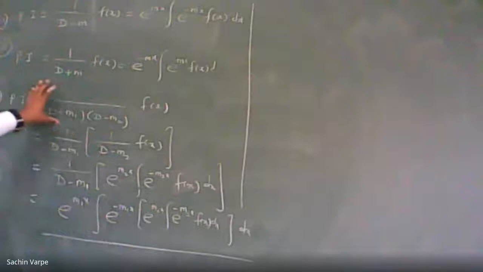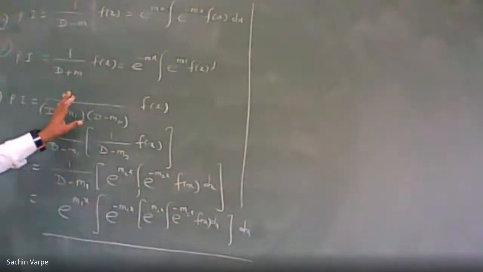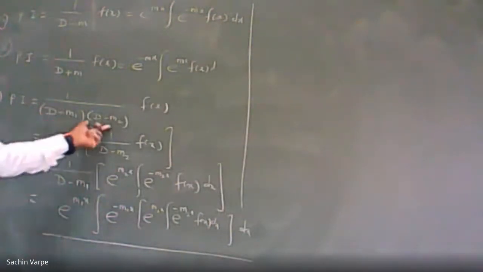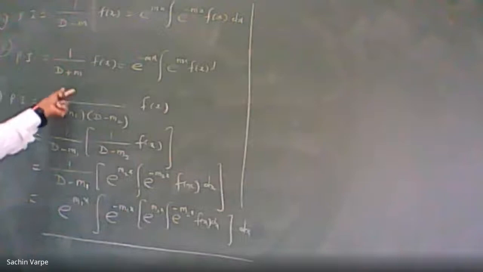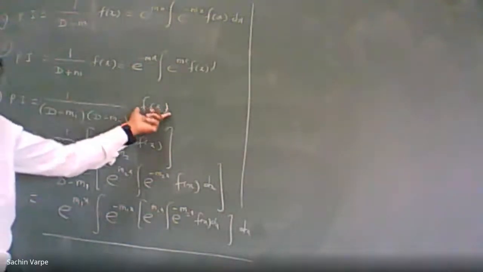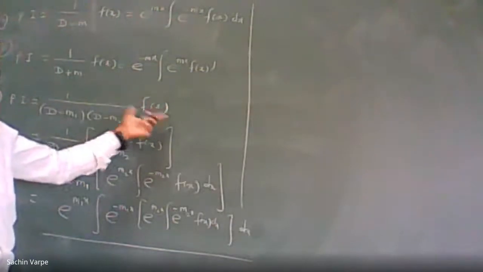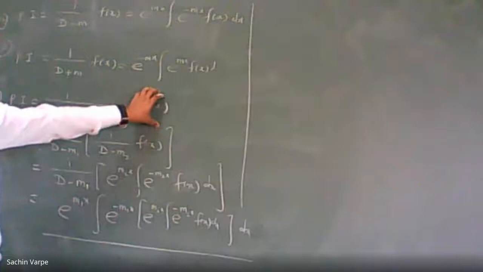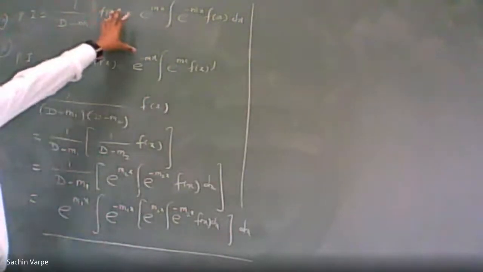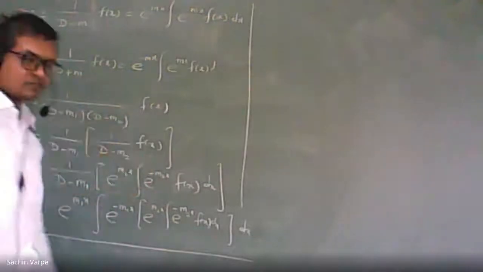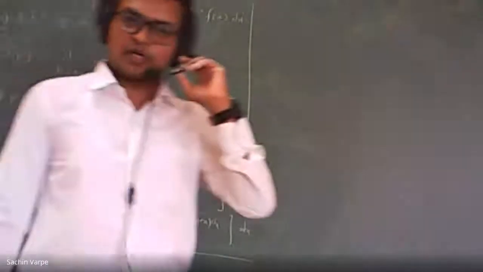Definitely you have used that method in, I think, 12th or in the last year also, M1, M2. So by the method of partial fraction, we can separate these two factors. We'll be able to write a upon this factor plus b upon this, and then we'll operate that operator onto f of x. So when we take f of x inside, then one operator into f of x plus second operator into f of x. So in that case also, we have to use the same formula. Okay. So that is also the thing. Is it okay?